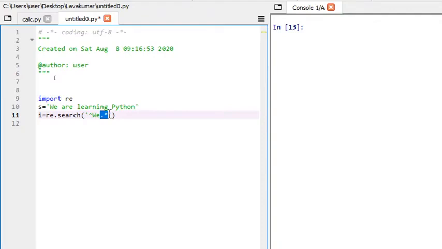Then we can use this regular if else style, and I can say print match, otherwise I can say no match, something like that, very simple. Let's run this and see. Here you can see you are getting a match. Suppose I replace this capital W with a small w,